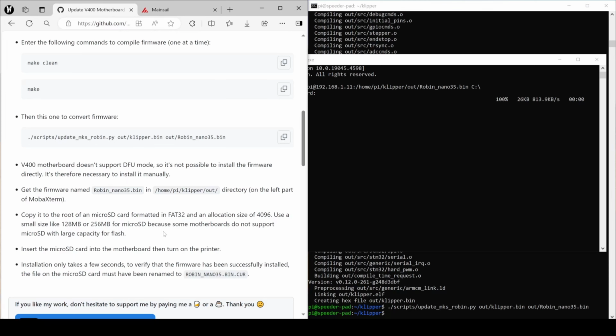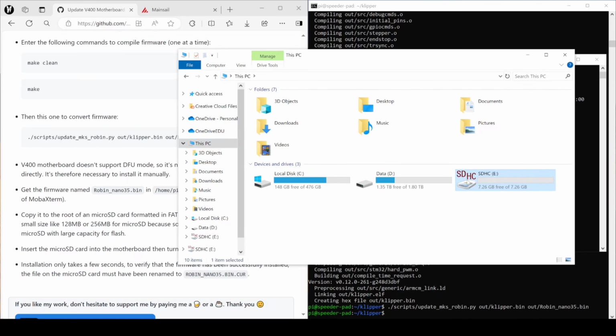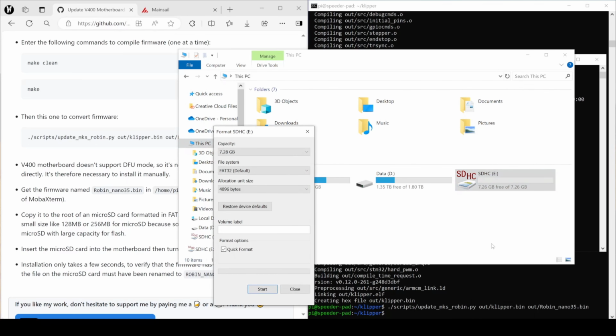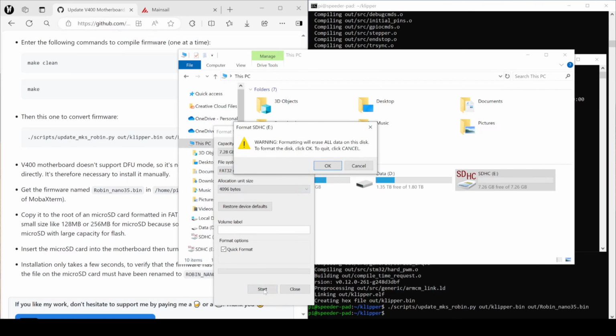For the most part, I don't think these matter, but you can insert an SD card of 8 gigs. At least for me, 8 gig works because I don't think anyone has such a small micro SD card in modern times. So I'm using an 8 gig SD card, and I'm just going to format this. And so FAT32, 4096,